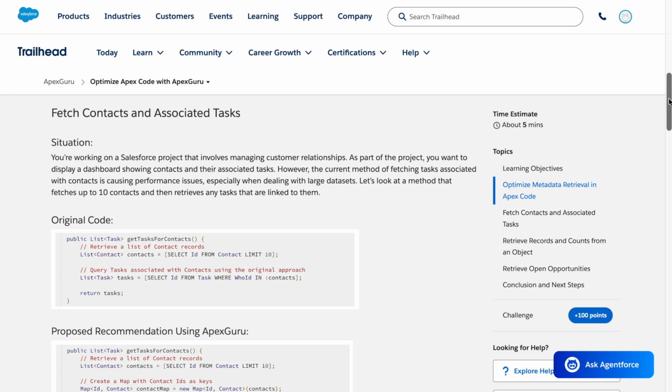Fetch contacts and associated tasks. Situation. You're working on a Salesforce project that involves managing customer relationships. As part of the project, you want to display a dashboard showing contacts and their associated tasks. However, the current method of fetching tasks associated with contacts is causing performance issues, especially when dealing with large datasets. Let's look at a method that fetches up to 10 contacts and then retrieves any tasks that are linked to